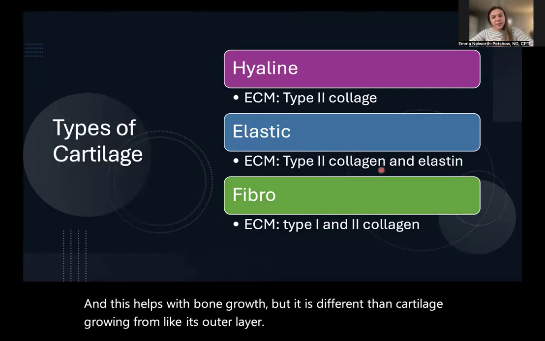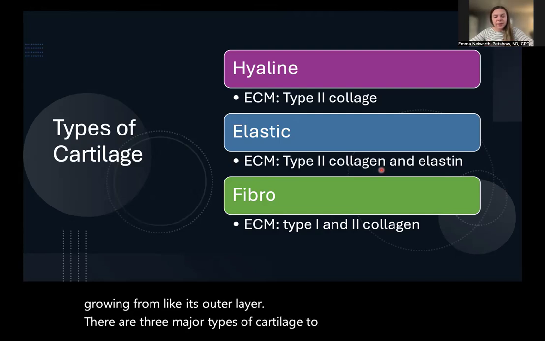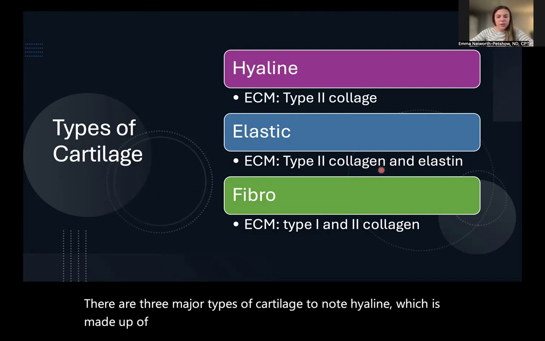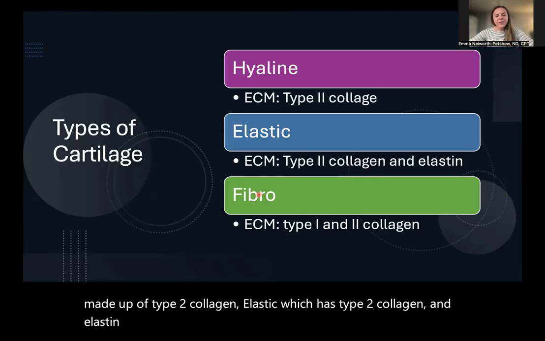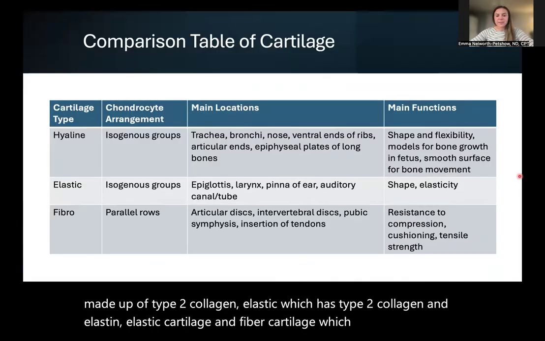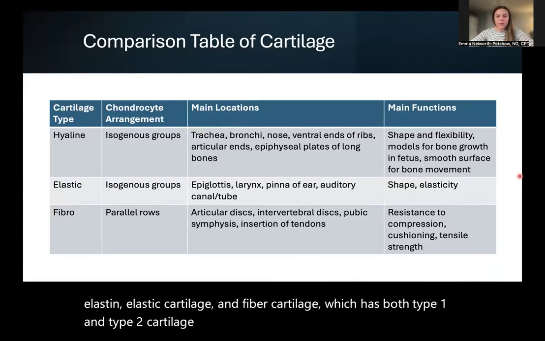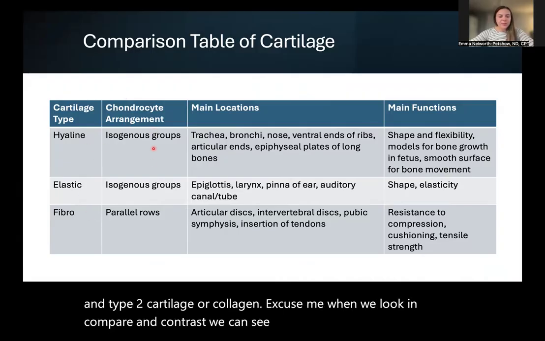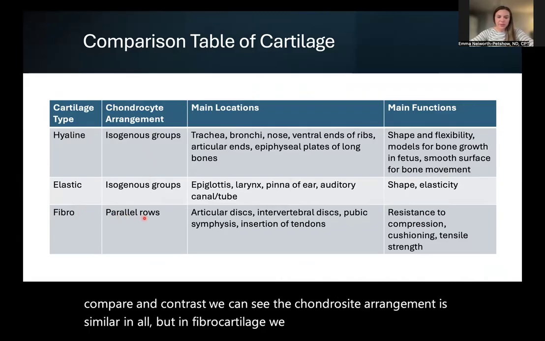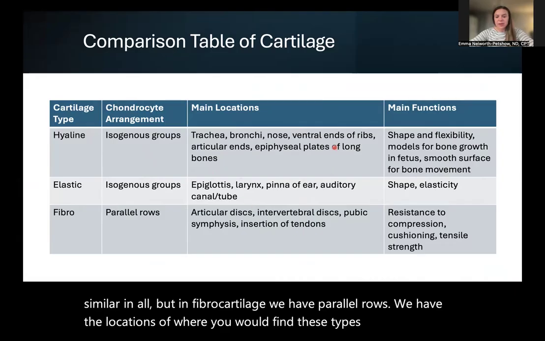There are three major types of cartilage to note. Hyaline, which is made up of type 2 collagen. Elastic, which has type 2 collagen and elastin. And fibrocartilage, which has both type 1 and type 2 collagen. When we compare and contrast, we can see the chondrocyte arrangement is similar in all, but in fibrocartilage, we have parallel rows. We also have the locations of where you would find these types of cartilage,